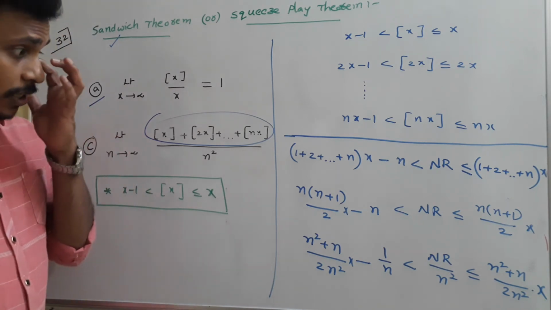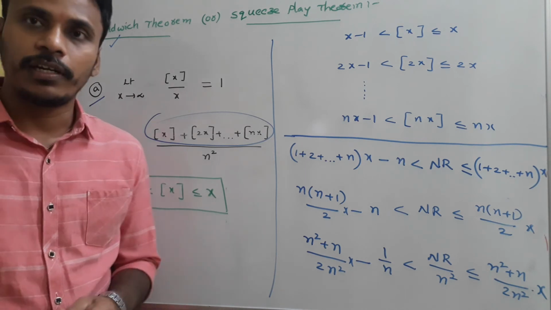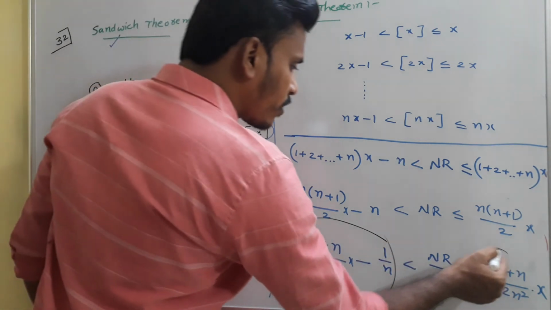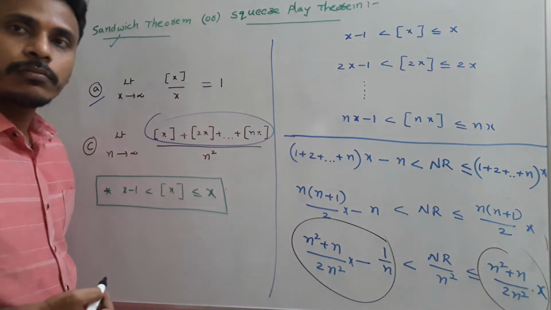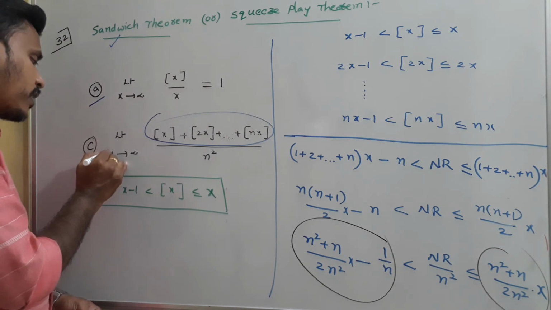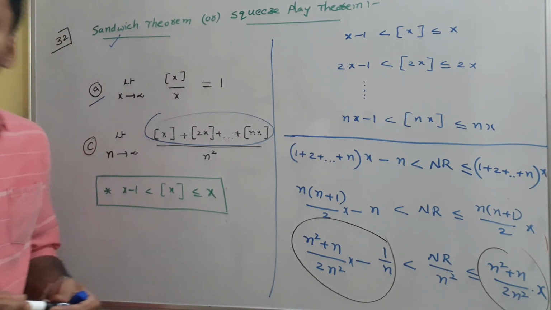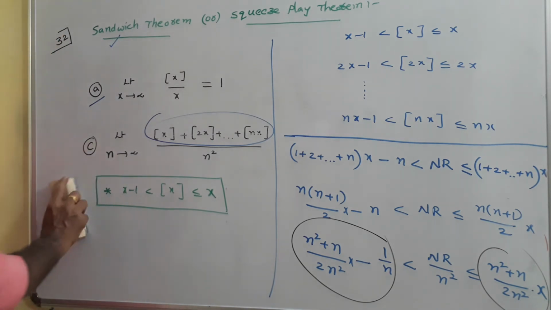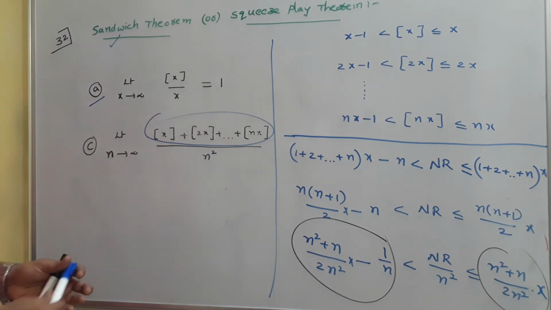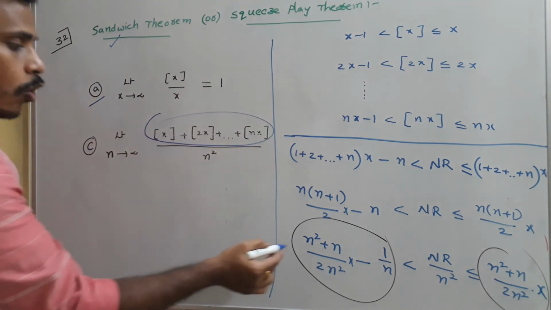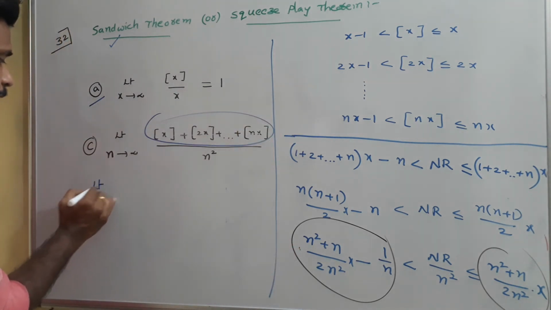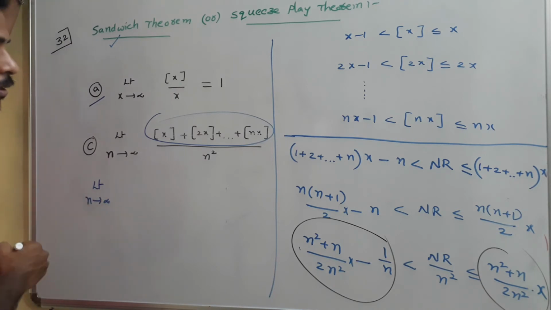Just have a look. Since we are applying limit n tends to infinity, what is this left side function value and what is this right side function value? So when you replace n with infinity, okay, not x, n with infinity. If you replace n with infinity, what will happen? Okay, just look there, because of space I am just discussing. So when you replace n with infinity here for this function, limit n tends to infinity.